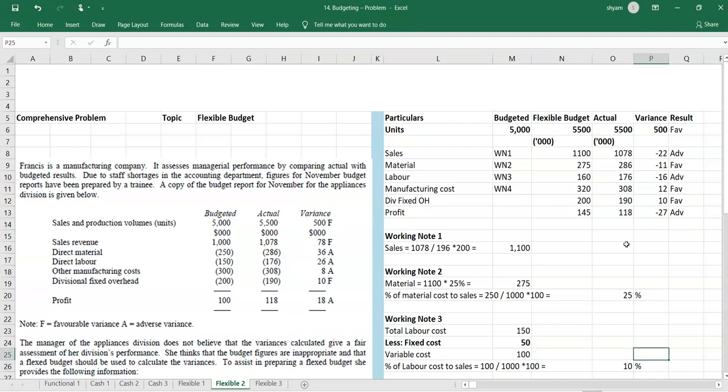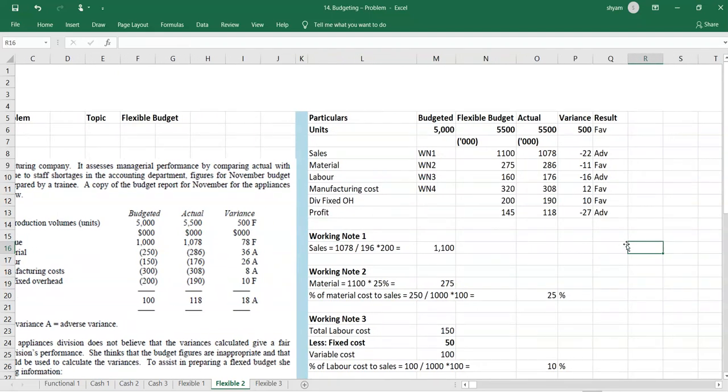Okay, so that's about the concept here. Hope you got an idea. You could work out in this manner in terms of these percentages like that. You could also work out in a different manner. If you want, I can put it here, the alternative working. So I'll put a heading called alternative working, where you can use units and work out. So sales should have been how much? Sales should have been